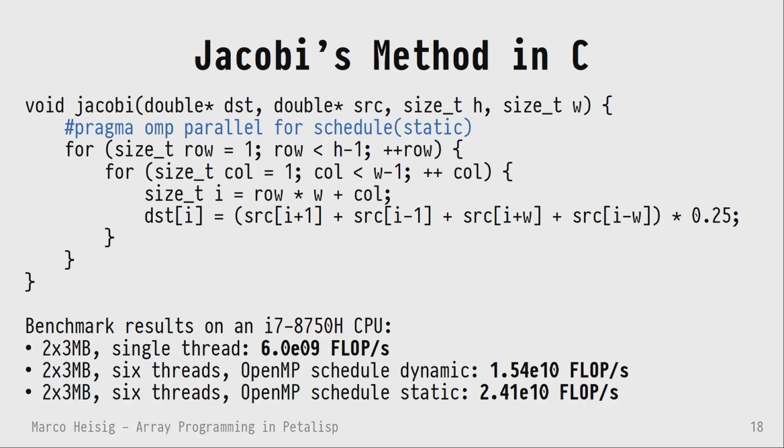And if you run that on a computer, on this computer to be precise, using a single thread, one single threaded C program, what you get is 6 gigaflops, which is quite impressive. So this is more than the clock rate. You see, this uses SIMD instructions, so it does more than 1 operation per instruction. Pretty nice. And if you go to 6 threads, it's not a 6-fold increase because you're also memory bound, but